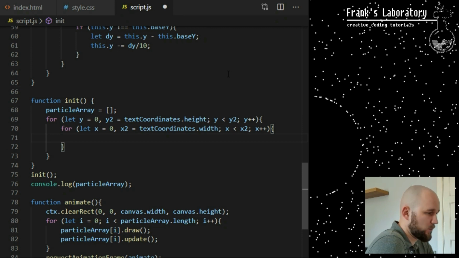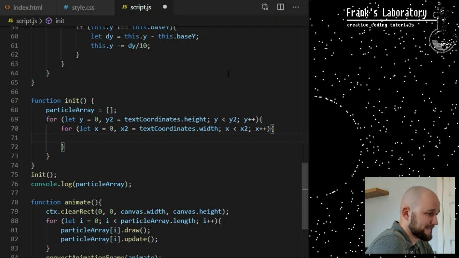Y will increase by 1, which will give us another row. We enter the inner loop on line 70 again and go through all the pixels on that new row from pixel 1 to pixel 100. Then we exit the inner loop again, enter the outer loop, increase Y by 1, which gives us the next row, and we do this for all 100 rows, analyzing all 100 pixels in each row. As I said, we have 100 times 100 pixels because that's the area of canvas I have decided to scan using the getImageData method on line 22.